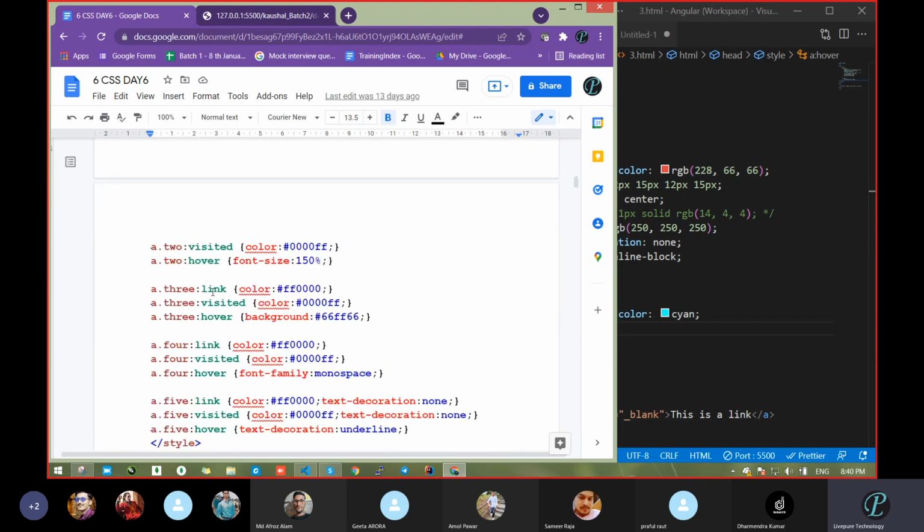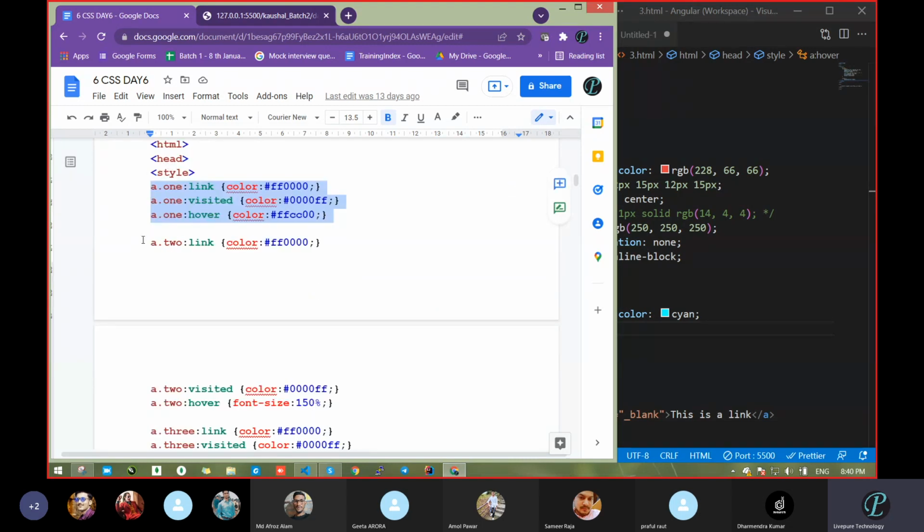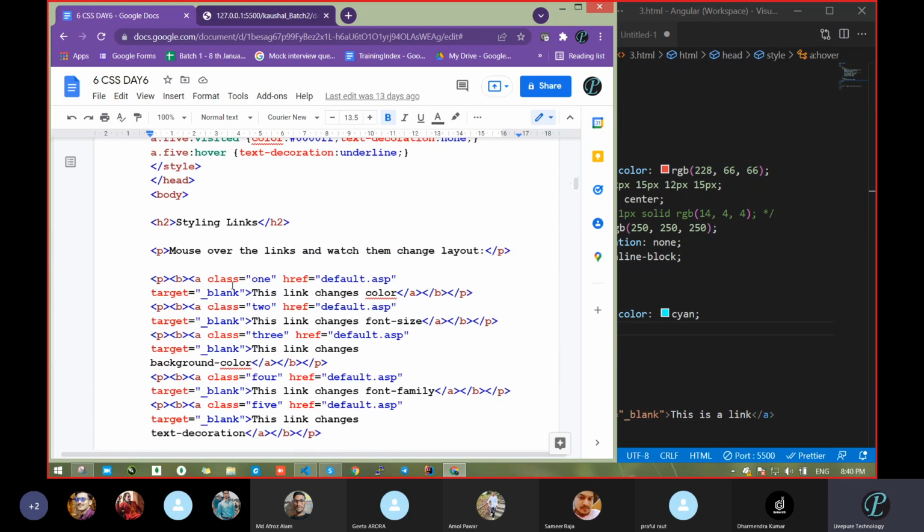See, in the morning, Roshan asked one question: if we have multiple links, then how can we pass different colors? So see here, anchor tag dot a dot one. Up to here he took one, meaning for one anchor tag he passed a different color. Then for anchor tag 2, he took a different property and then passed it. Roshan, is it clear on this one or not?